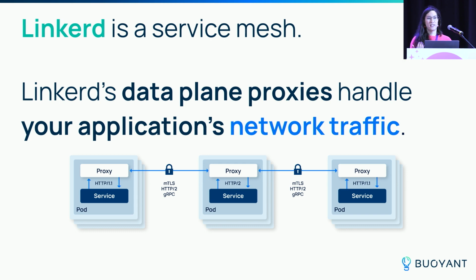And what that means is that proxy, since it's intelligent and it's aware of level 4 and level 7, is able to do a lot of really cool things with that traffic. Like it's able to add mutually authenticated TLS automatically on all those connections. It's able to detect things like success rate, latency, and request rate and emit those as metrics that you can consume in Prometheus. It can use those latency data that it observed to do intelligent request load balancing, so it can load balance HTTP requests and weight that by the latency, so you get more traffic going to the faster replicas and less traffic going to the slower replicas. And all kinds of other really, really cool stuff. Circuit breakers, observability, reliability, retries, timeouts, all kinds of stuff. It's super cool.